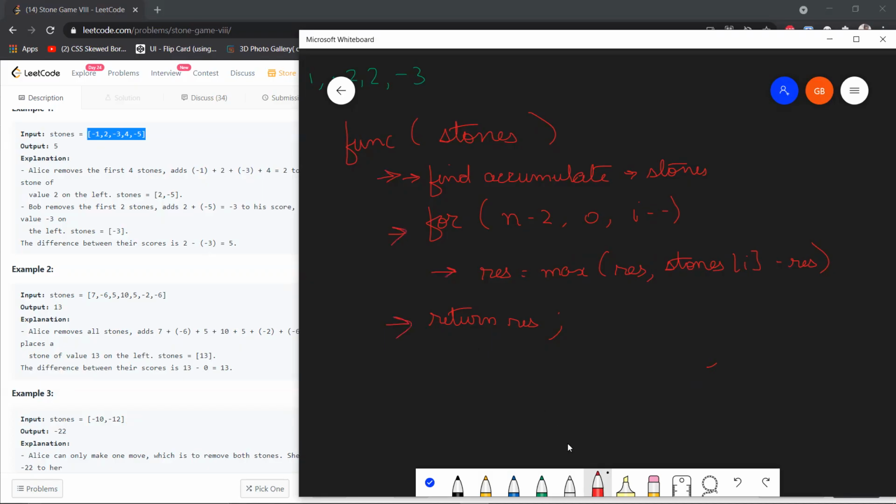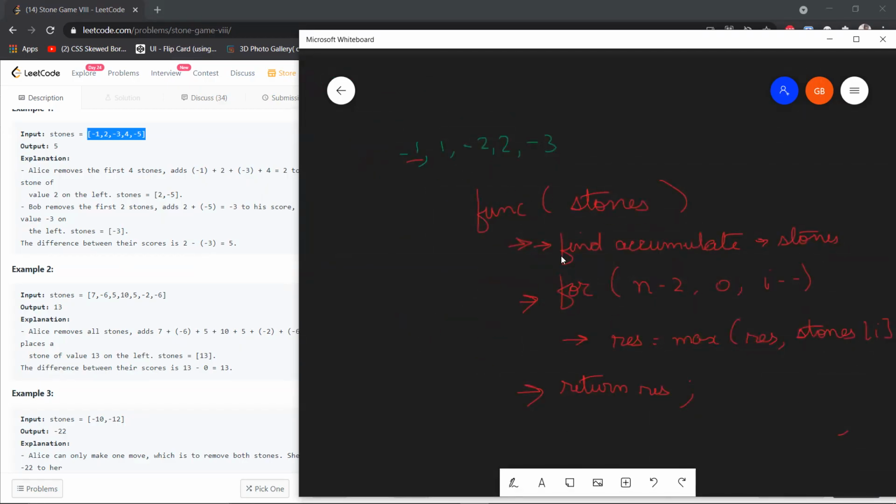I hope it was clear why we actually use this accumulated array, because like I mentioned in the a plus b explanation, at each point of time, a player is definitely always going to pick the prefix sum of the index that he has selected, or the x that he has selected, right?